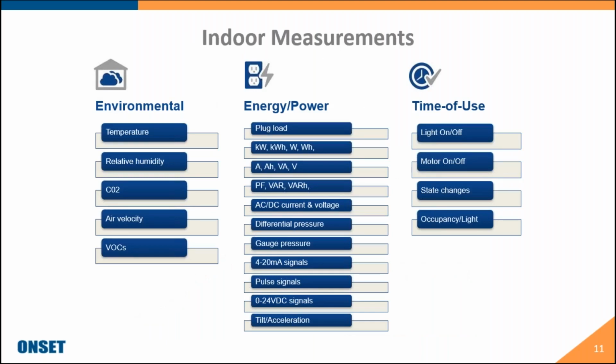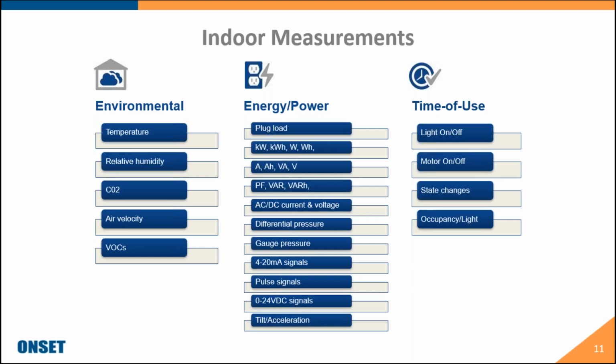So what are some of the typical indoor measurements that we need to take? As you can see from here, there's a few different areas that you can measure within the indoor environment. For environmental measurements, some common applications would be temperature, relative humidity, CO2, air velocity, and volatile organic compounds. In the day and age of COVID, obviously ensuring that you are properly getting adequate air exchange has become much more important, and these devices will help you ensure that you are getting that proper air exchange as set forth